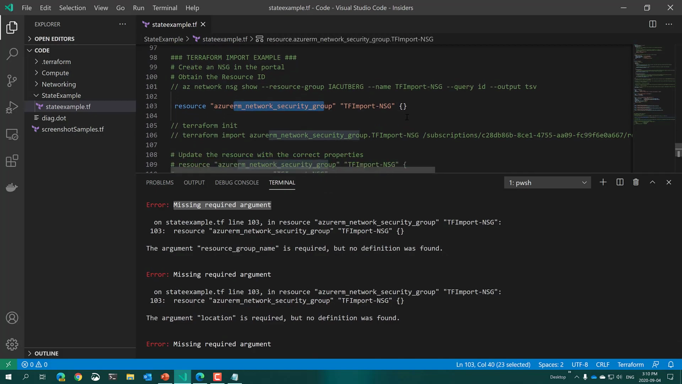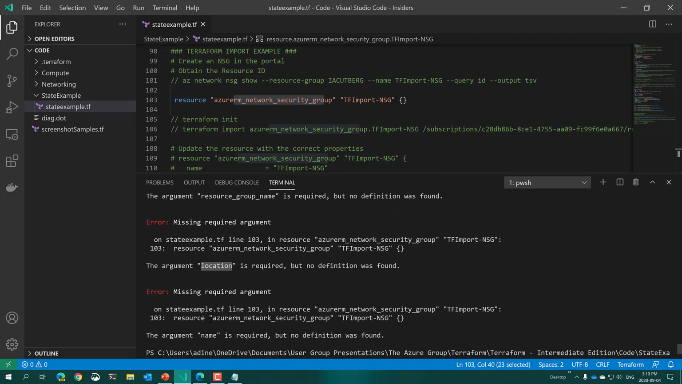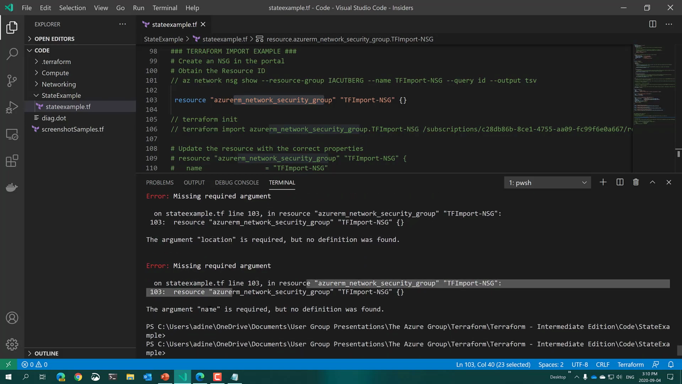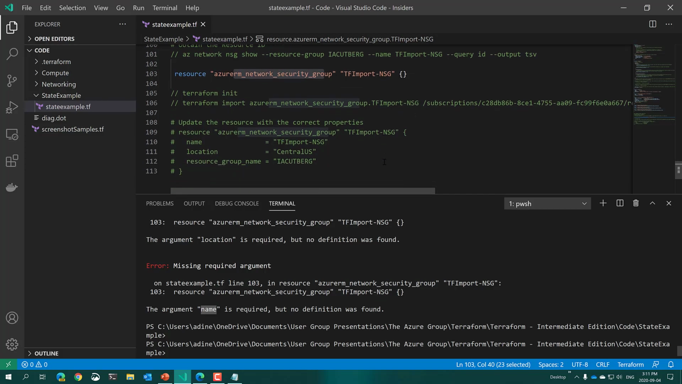Now, other resources will have other required properties as well. So we need a resource group name, we need a location, and we need the name of the object itself. Even though that is present in the state file, our Terraform template does not contain those properties. So to continue the import of the existing infrastructure under Terraform management, we need to fill in those other required default properties. So to do that, I'm just going to comment out this line and uncomment the new line that